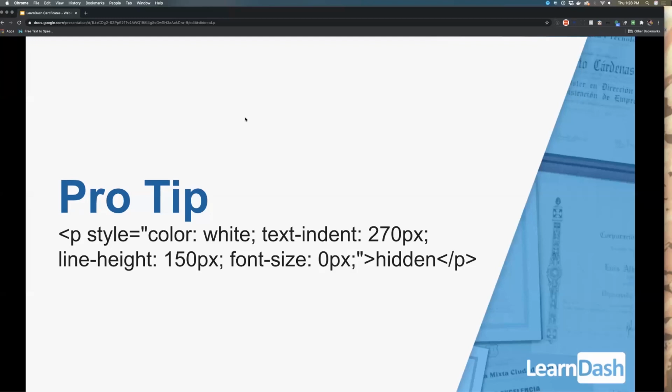So you can put in a transparent 1 pixel image, or I wrote hidden and I made the font size 0. Now, hidden with font size 0 isn't necessarily the best, and you have to have a trade-off on design versus accessibility, and I hate to say that, but you are creating a PDF that's meant to be printed. So a screen reader would still see the word hidden, so maybe the transparent image with an alt tag of spacer might be best, but still, this will work,